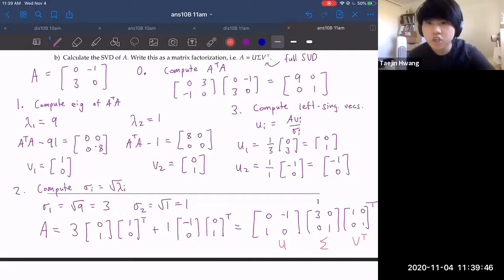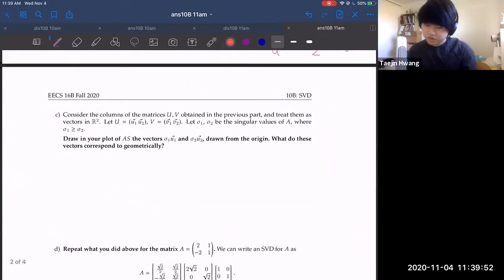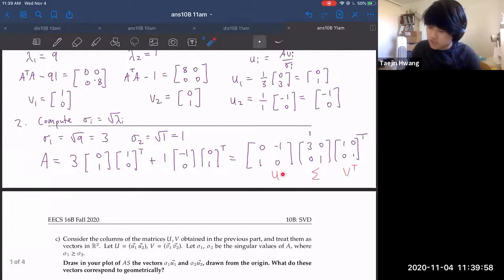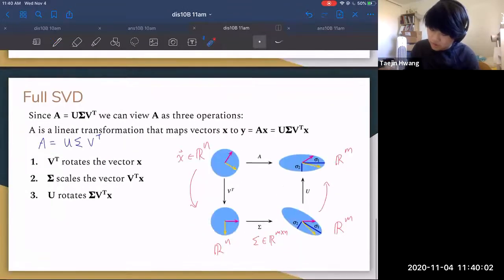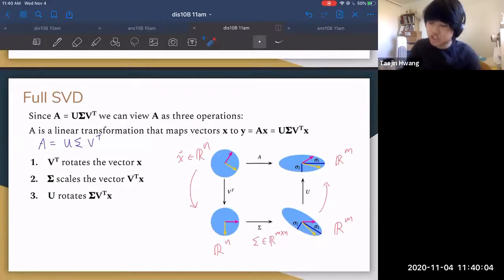We don't have any questions about how the SVD works. Let's now take a look at the geometric interpretation and how this SVD is going to relate to all that rotation, scaling, rotation stuff we just talked about. So